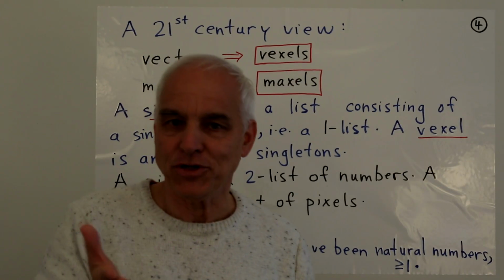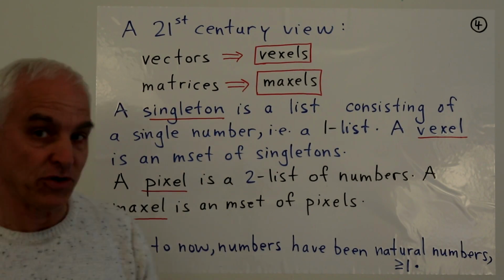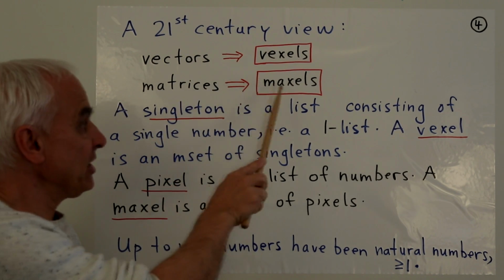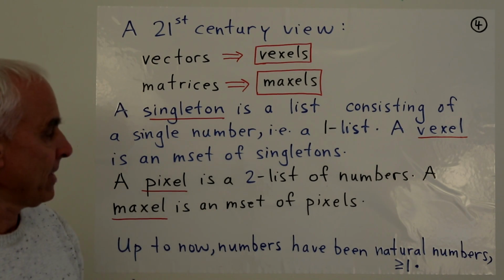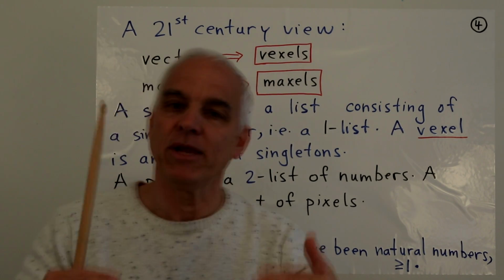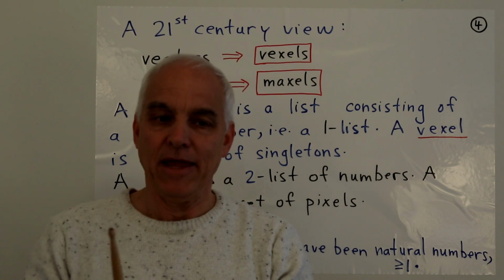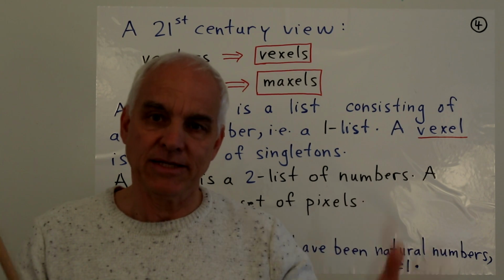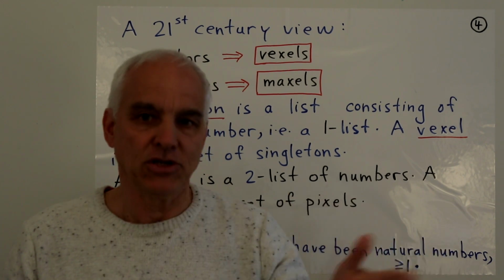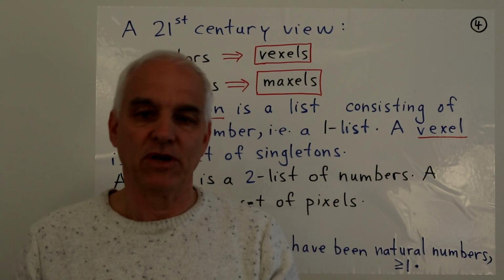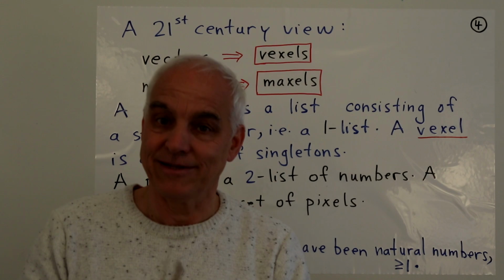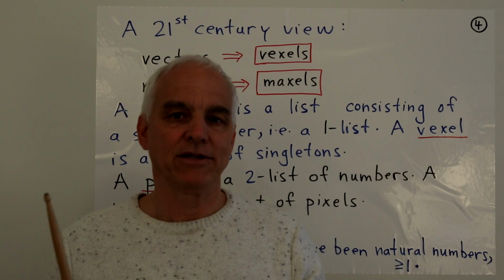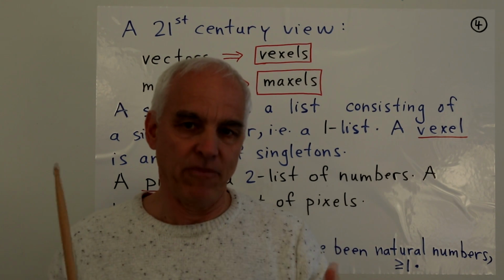The way we're going to enlarge our subject is by taking this 21st century point of view, where we go from vectors to vexels and from matrices to maxels. Now, these are concepts that are built up from a data structure point of view, and they really depend on having ingested the understandings that we've been developing in this series on data structures. There's a dozen or two videos on data structures of different kinds: sets, multisets, ordered sets, lists. So if you're just coming to this series at this stage, you probably want to go back to those videos and watch them and ingest that information.